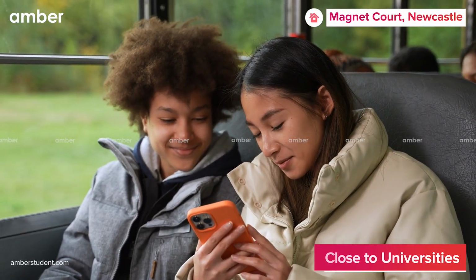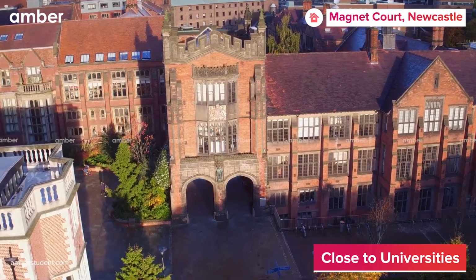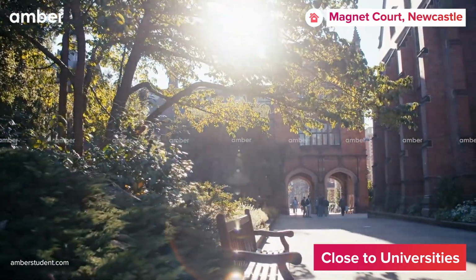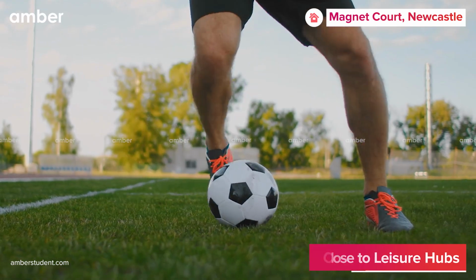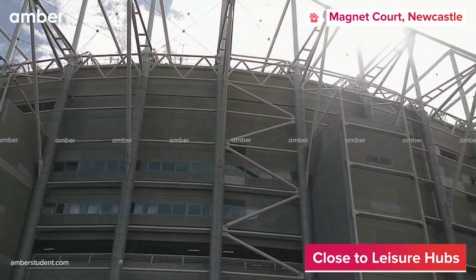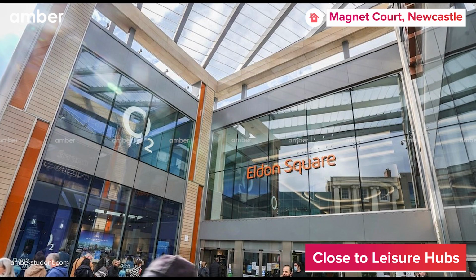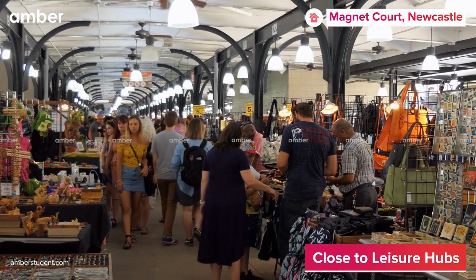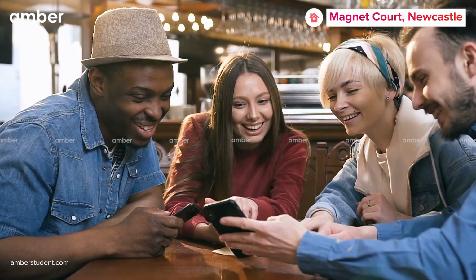Getting to university from Magnet Court couldn't be easier. You're a 9-minute walk to Newcastle University and 7 minutes from INTO Newcastle University. For football enthusiasts, a quick 5-minute walk from the front door will take you to St. James Park, the ultimate destination for weekend games, while a stroll around the corner will take you to Eldon Square, a buzzing shopping mecca. In conclusion, exciting times are coming for those who choose to